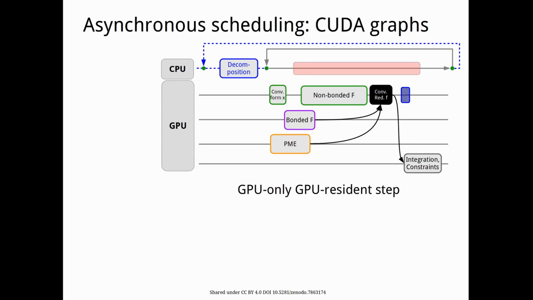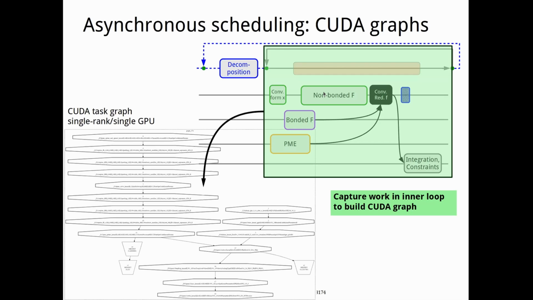So how did we go about making use of CUDA graphs and this graph-based scheduling? If we take the GPU-only GPU-resident step that I mentioned before, we have some CPU work, but that's all outside of the gray inner loop. So the CPU in this case does not have any contribution there, and we have various dependencies of tasks in the inner loop, and we need to express these as a single graph of tasks. So how do we do that? We do that by utilizing a CUDA feature called capturing. We capture this work in the inner loop shown in the green box, and then we build a graph illustrated on the left,